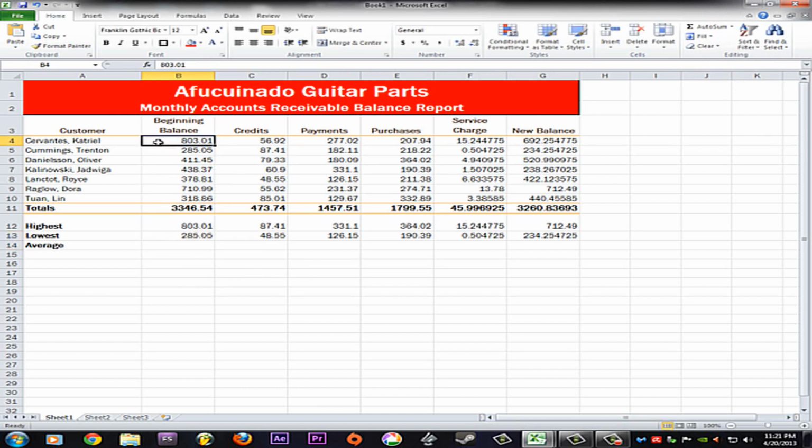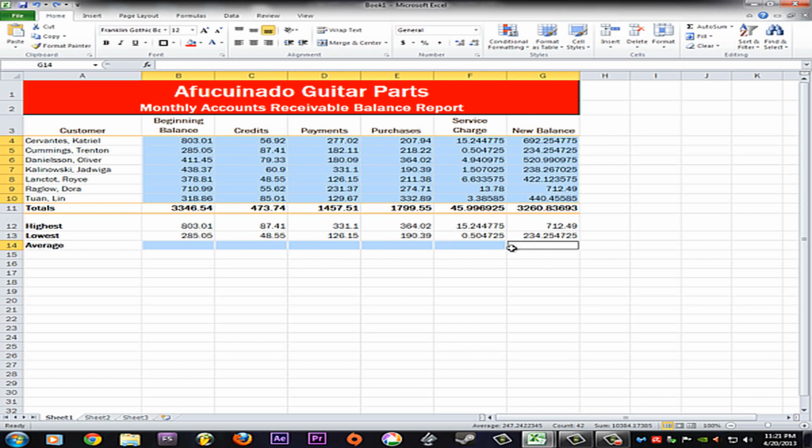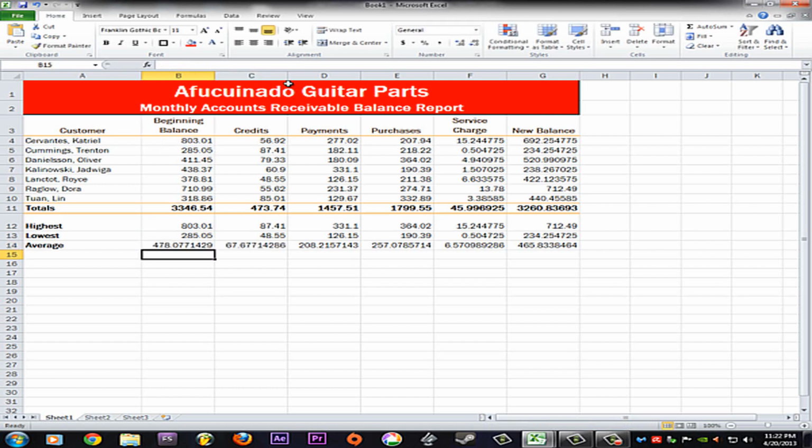Same thing for average. Click, shift click, let go of shift, control, click, click, click, click, click, and now it wants my average value. So I'm going to click the arrow, and there's a button that says average. Again, this box is going to pop up. I'm going to get rid of the 13, press 0, enter. Now,